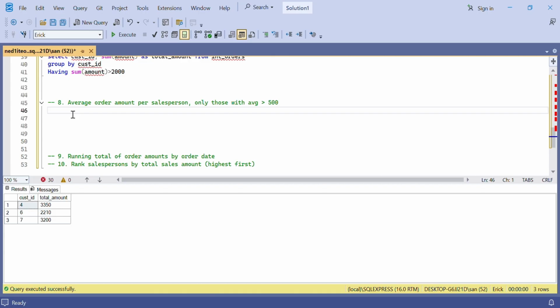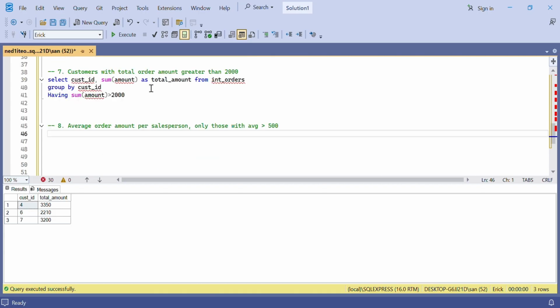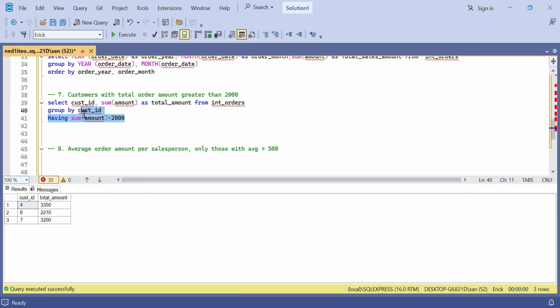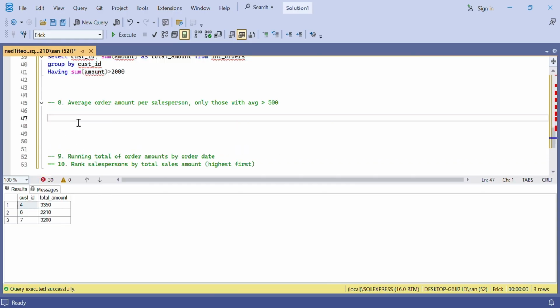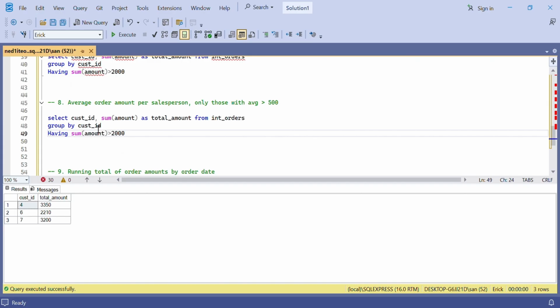So that one you can just copy paste this one. So now we are dealing with salesperson ID, and then we are finding the average amount,